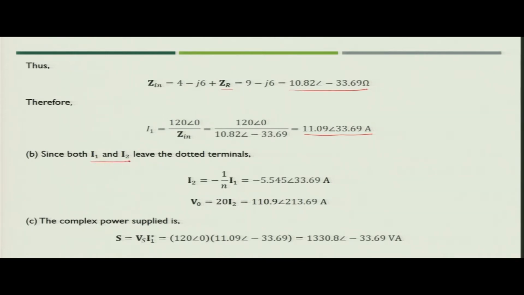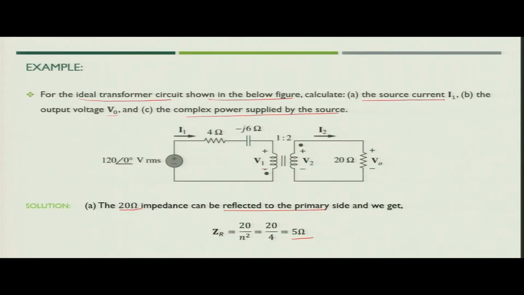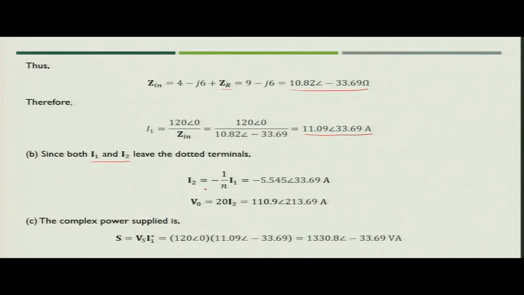Now, here I1 and I2 both are leaving the dotted terminal. Here you will see that this will leave the dotted terminal, here also it is leaving the dotted terminal. It means I2 will be minus 1 by n I1. So, this will become minus 5.45 angle 33.69 ampere. So, what will be V naught? V naught will be R into I2. So, it will become 110.9 angle